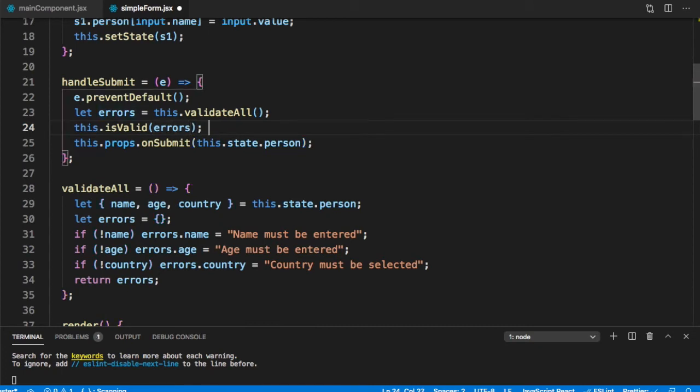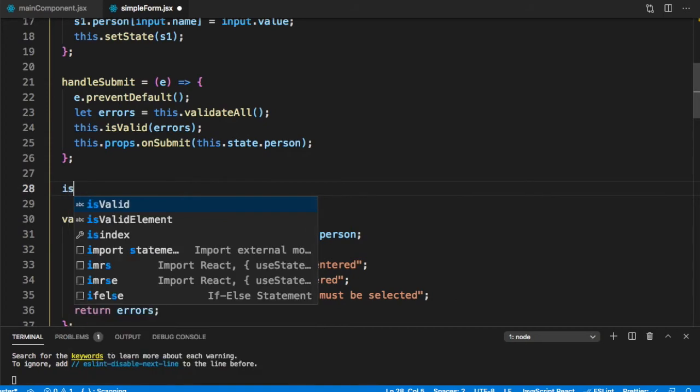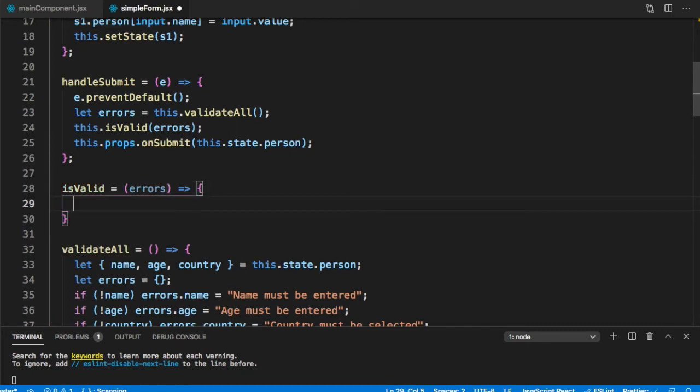What this will do is return true or false depending upon whether there is any error message in it or not. So let's define this function isValid. It takes errors as input. And what will it do? It will return us either true or false. So now how do we do that?